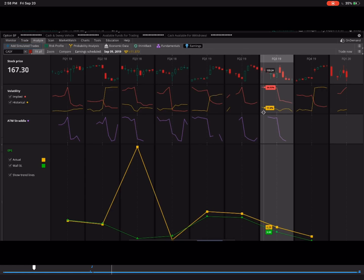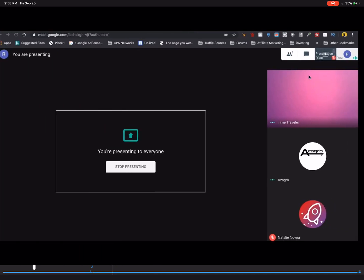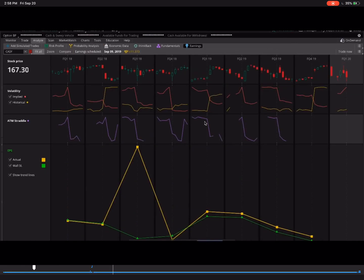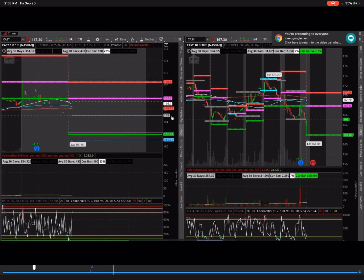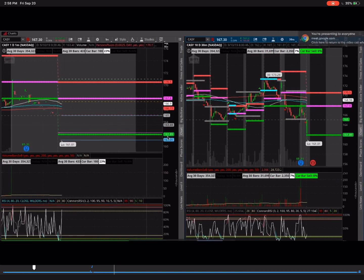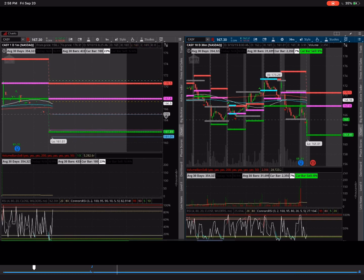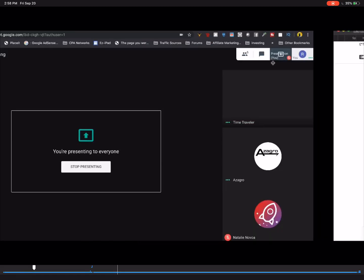So my targets for Casey today are... Actually, you know what? Let's just look over the chart. For Casey, this one has to be boxed in at the open. Unfortunately, it doesn't have enough pre-market data for us to box it in properly. So at the open, you just have to box it in. I'm thinking that this low here, this pivot, because it'll probably open right around here, is going to be the box low. And once it breaks that level, I put my exits at, let's see,